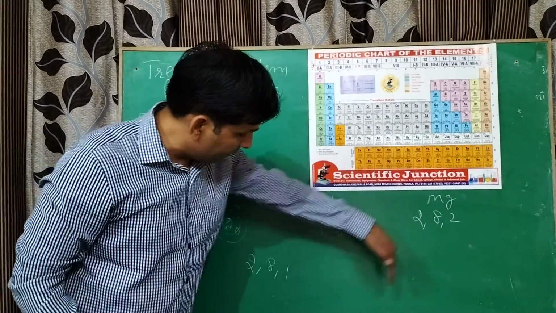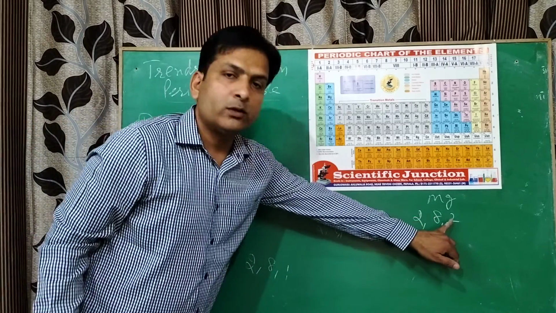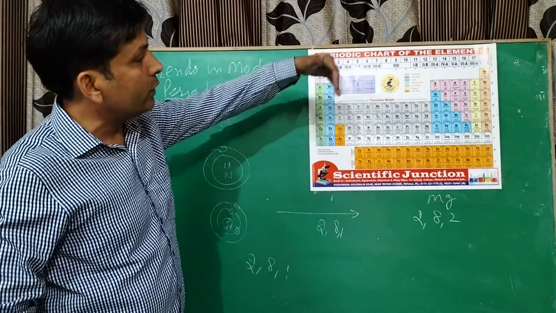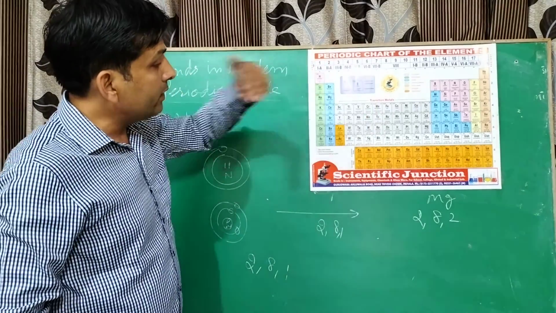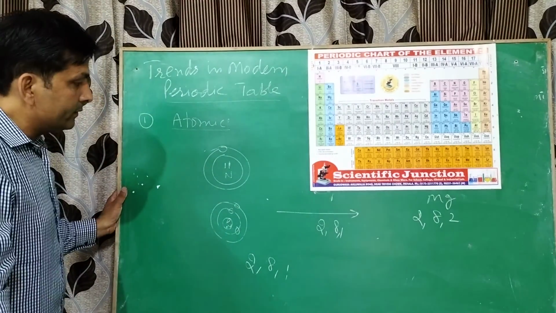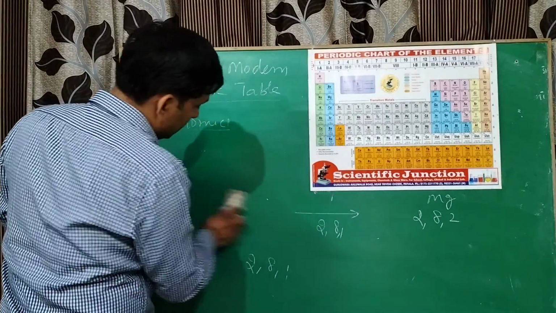What is the difference between these two? The difference is in the number of electrons in the valence shell. It means when we go from left to right in a period, the number of electrons in the valence shell increases. These two things should be kept in mind while studying the